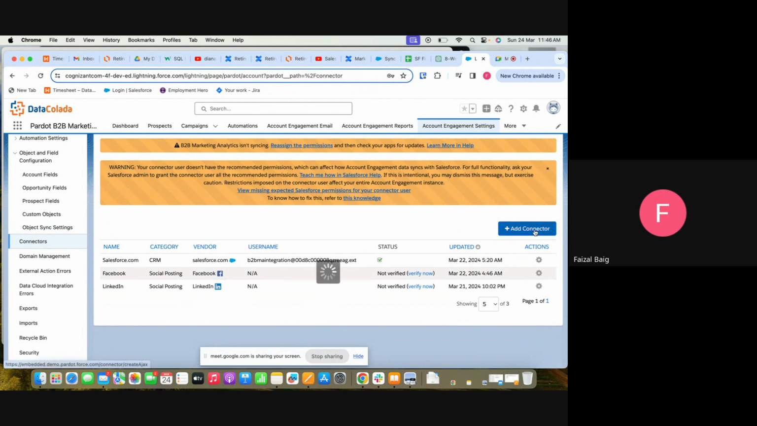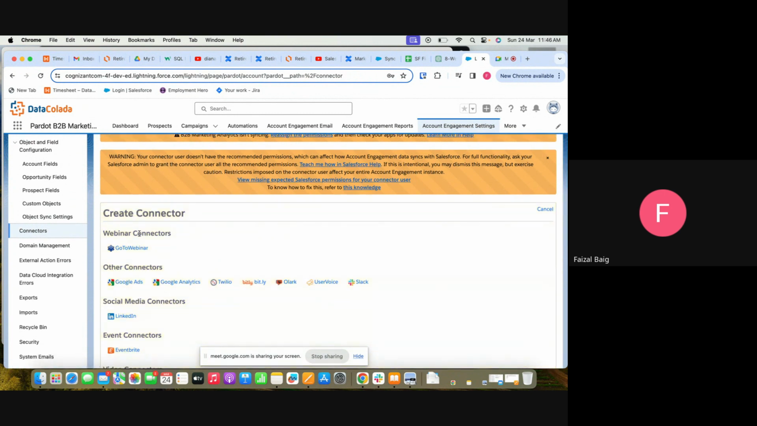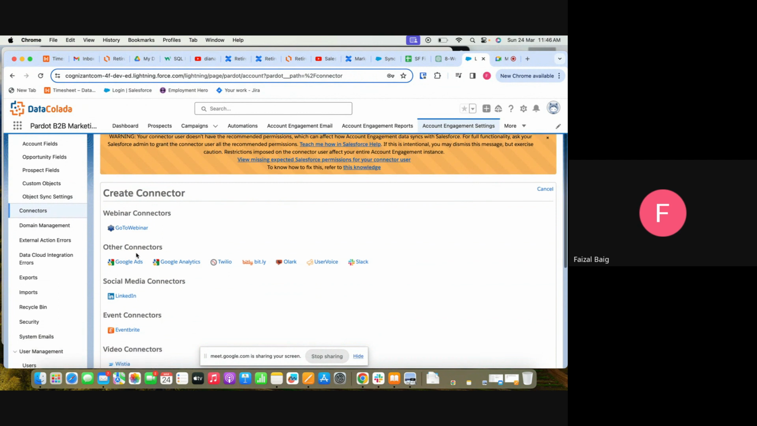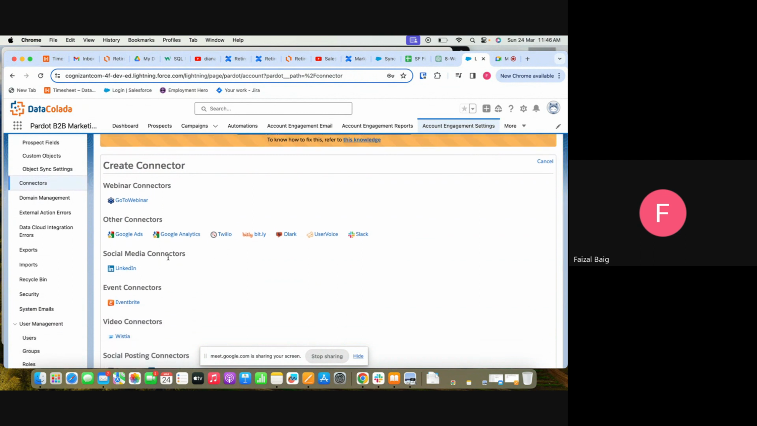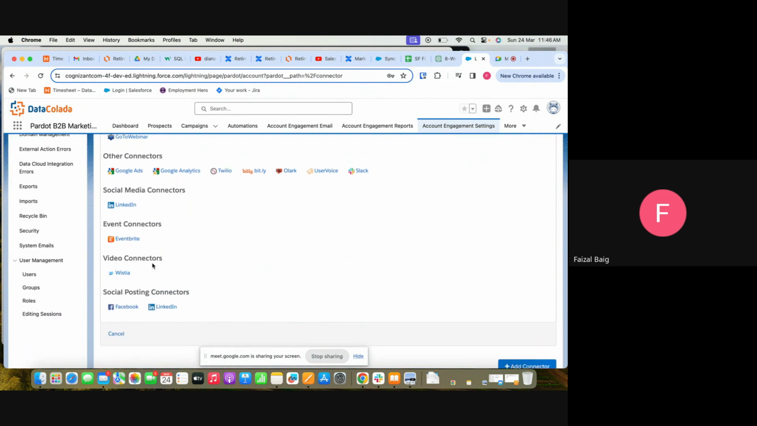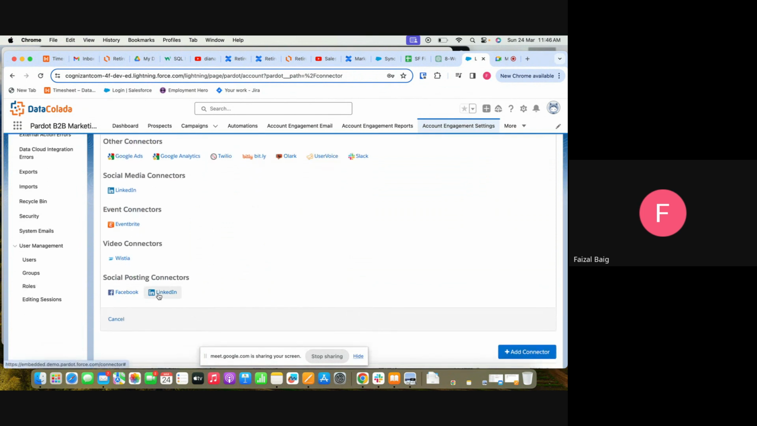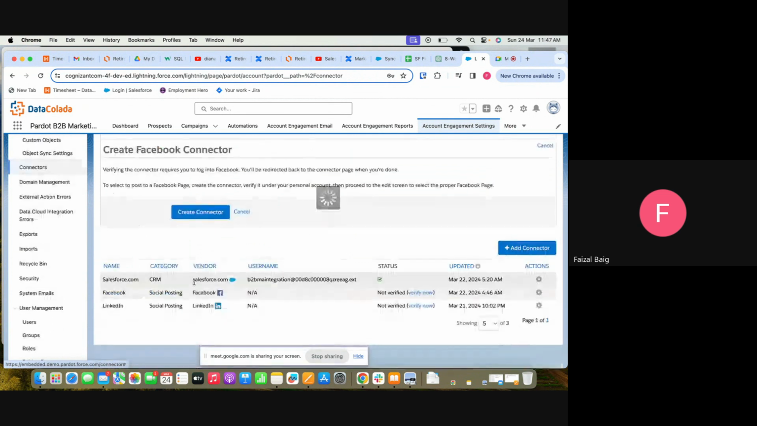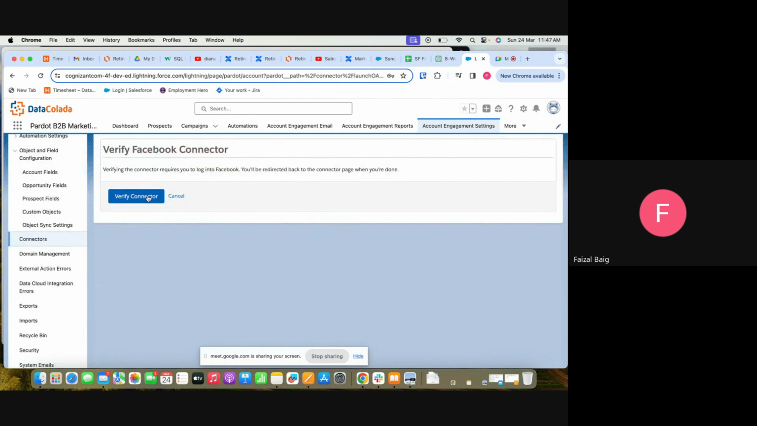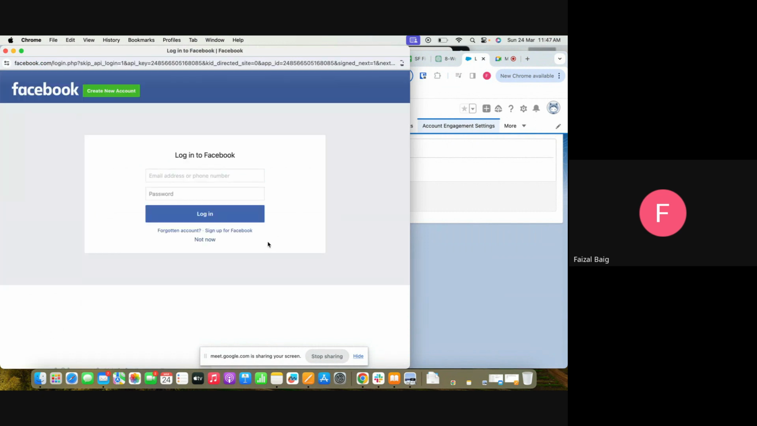Now, when it comes to other connectors, for example, webinar connector, other Google connectors, social media connector, event connector, video connector, social posting connectors. Let's come to social posting connectors because we use both of these applications a lot. For example, if I click on Facebook, I already have Facebook details. Now what we have to do is verify this. By clicking on verification, we need to add our login details here so that it will be synced with